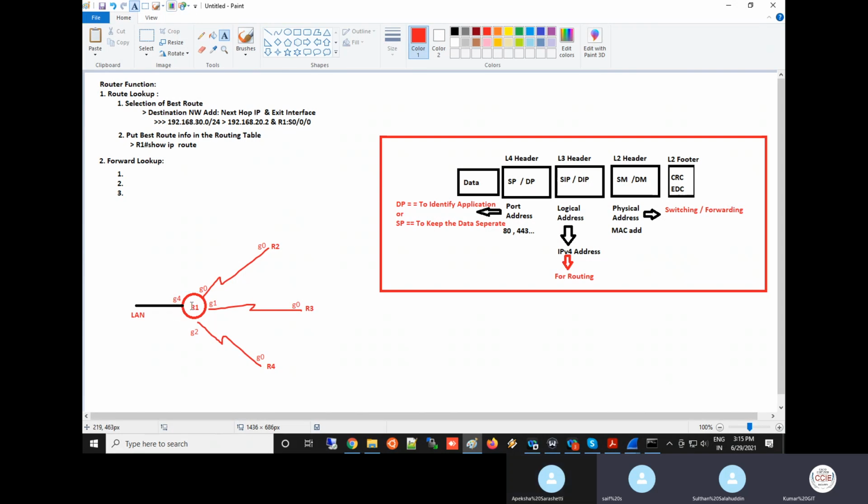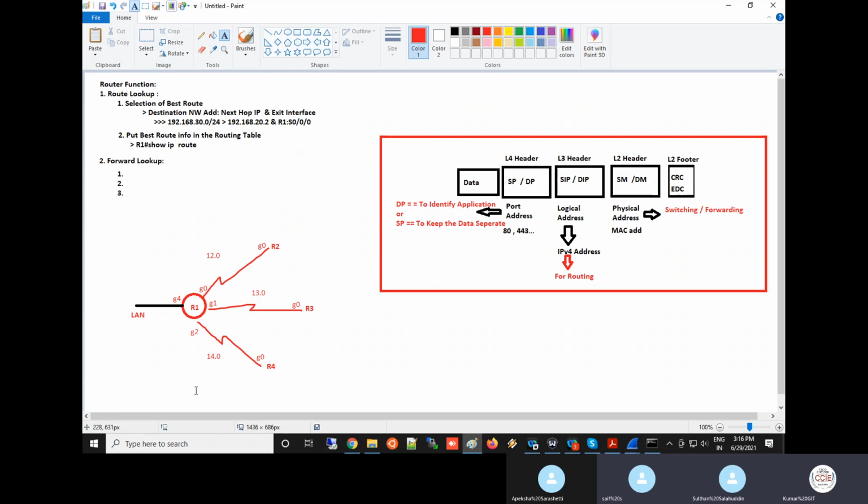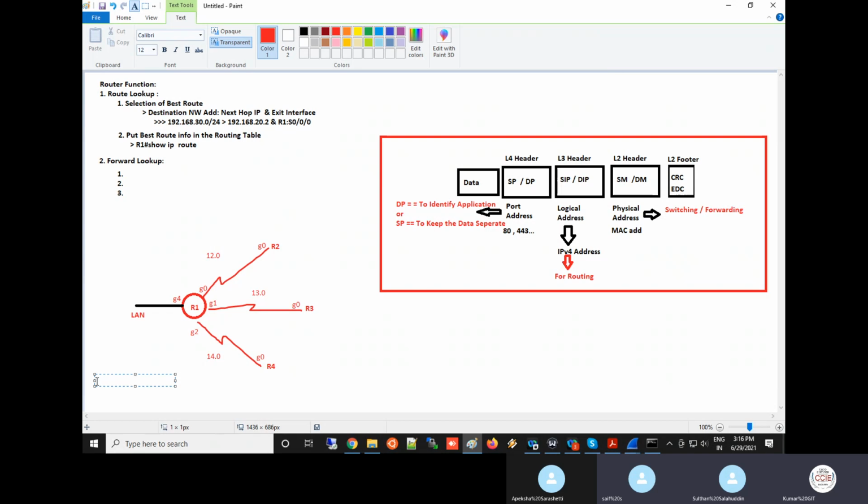Now the router has to select the best route. For example, the IP address is 192.168.12.0, and this is 30.0. You are the administrator, and you are telling the router the best route is R2. So you want to go to the destination network address 12.1. 12.0 is directly connected already.